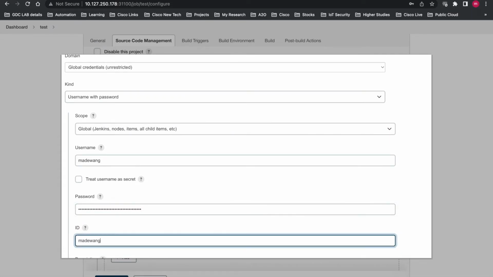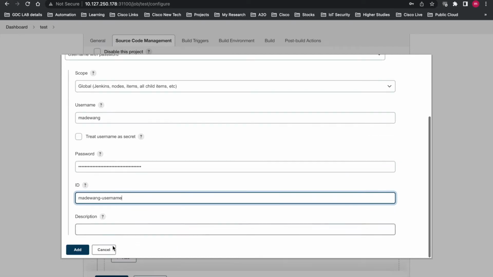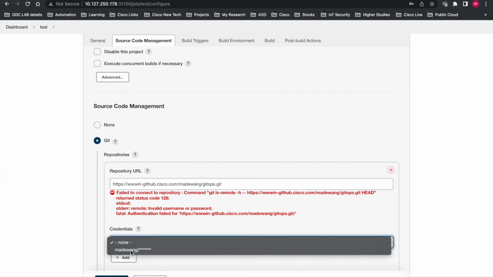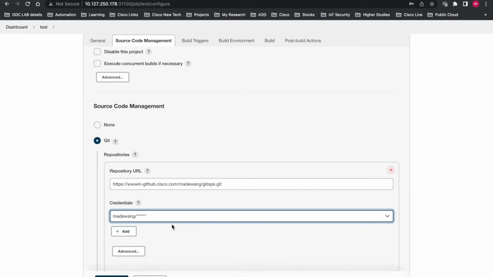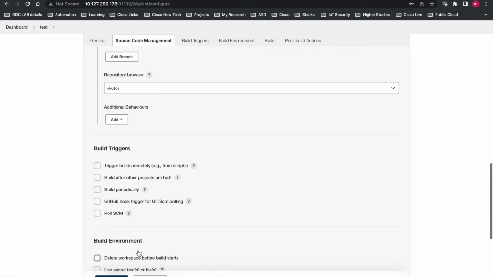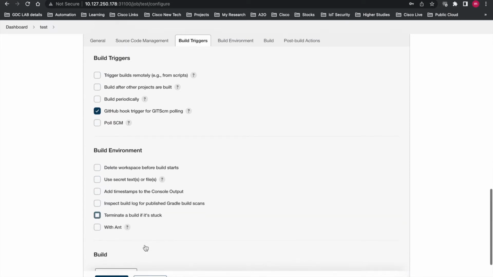Provide your PAT so that you are able to access GitHub over CLI. Once I select, this error message will also be gone, because it has validated it. The next step is I will be using the GitHub hook trigger, because what I need is on the trigger of every push and pull,